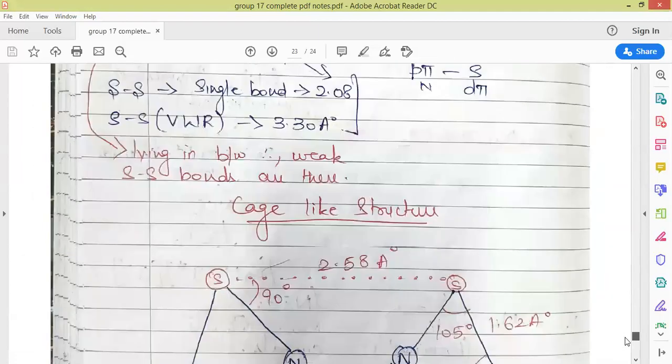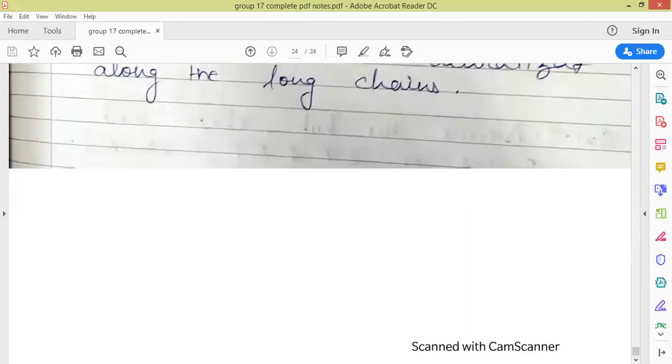So this is the only topic which we are left with out of the P block, the silicates. This topic we have already covered in our physical classroom along with P block unit 1. So I will not be covering this topic in the videos.